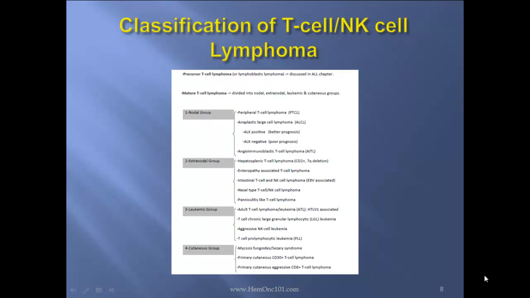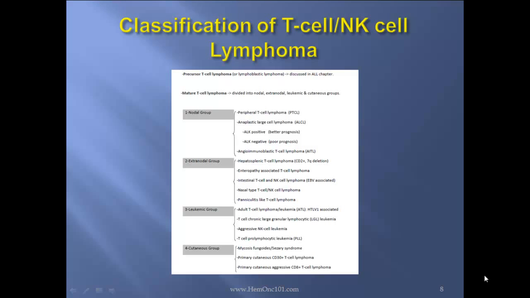Now, the classification of T cell/NK cell lymphoma. The precursor T cell lymphomas are discussed in the ALL chapter. As far as the mature T-cell lymphomas, they're divided into nodal, extranodal, leukemic, and cutaneous. The nodal group includes peripheral T-cell lymphoma, anaplastic large cell lymphoma, ALK positive, better prognosis, ALK negative, worse prognosis, and angioimmunoblastic T-cell lymphoma. The extranodal group includes the hepatosplenic T-cell lymphoma,